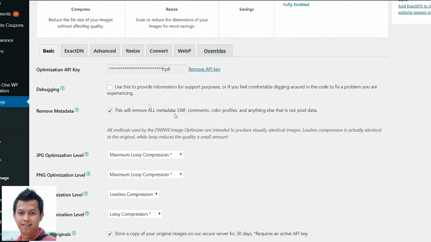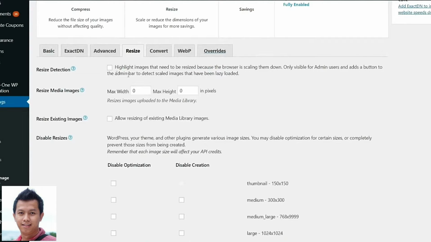Then after that, we have the resize option. You can click on over here. Now there is a very important feature over here which says resize detection. You can highlight this, you can tick mark this. Now it will highlight all the images that need to be resized and scaled, because what happens is sometimes you're